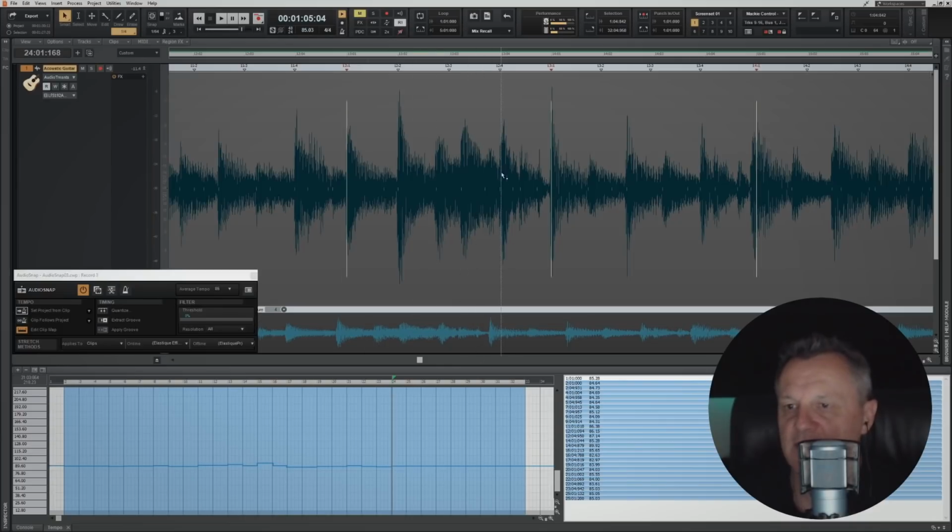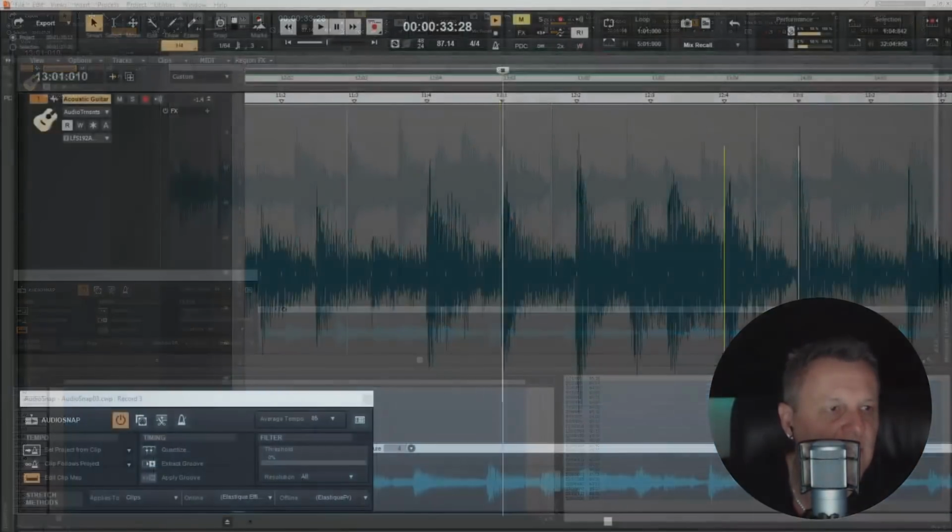So let's say, for example, this transient here, which I think falls on the 4th beat of the bar. Let's have a listen. Okay, it's just perhaps a little bit out. So what you can actually do is you can line up the 2nd, 3rd and 4th beats as well. If you want a little bit more resolution, make it much more accurate. So I'll just enable that 4th beat there, and then on this occasion, I'll just zoom in so you guys